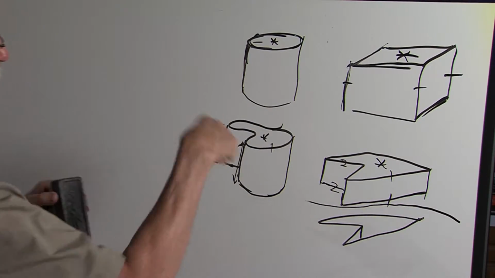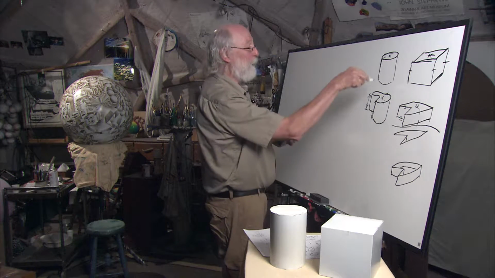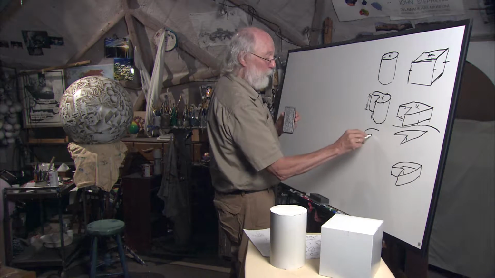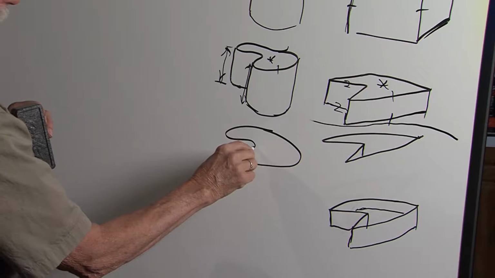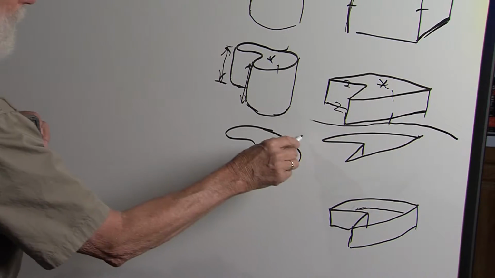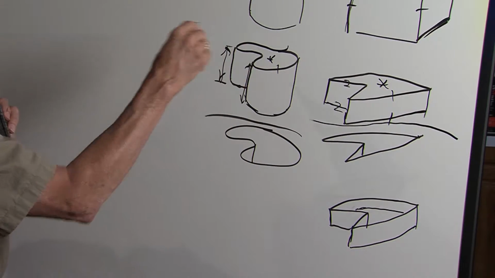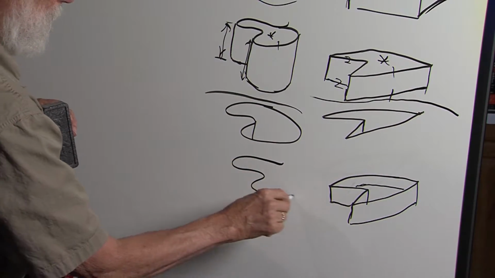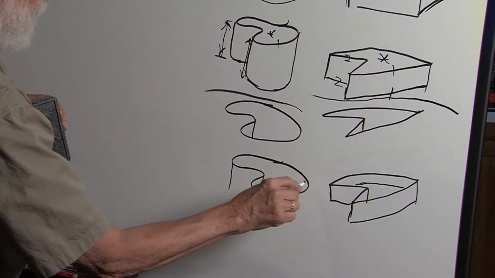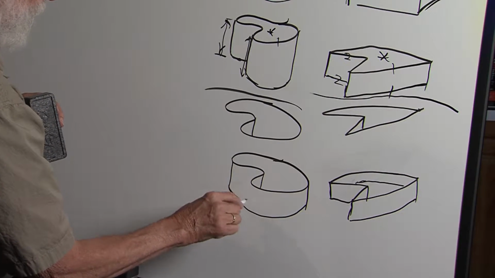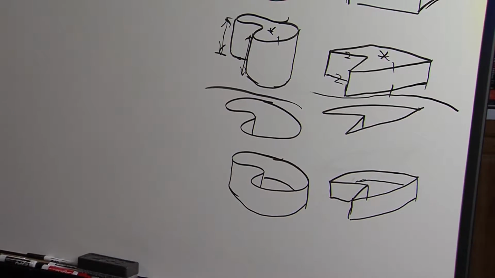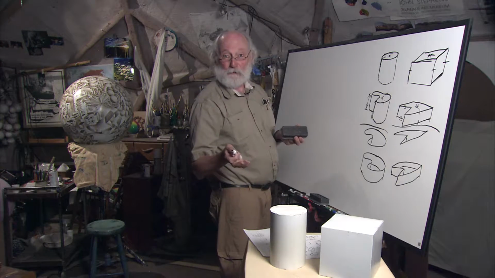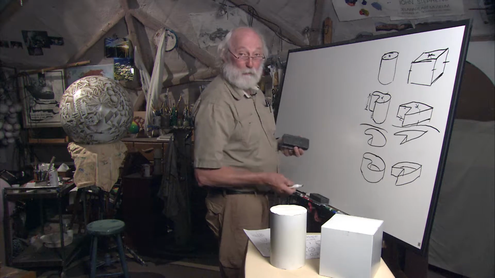So when we start to get into some of this stuff, you'll see that you can create a lot of things. And the same thing happens here. If you do an organic shape like this and you put a line in there, now you've got a hole instead of an object. Or if you go on both sides, you end up with a wall. So it's just kind of fun. You can actually make up a lot of different types of forms that you wouldn't normally get.